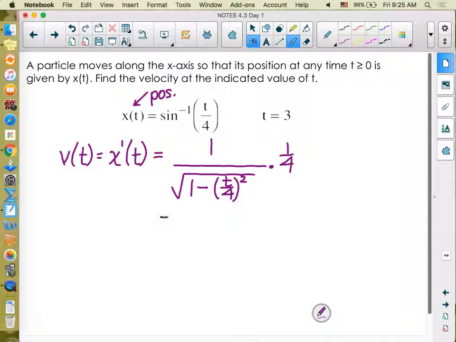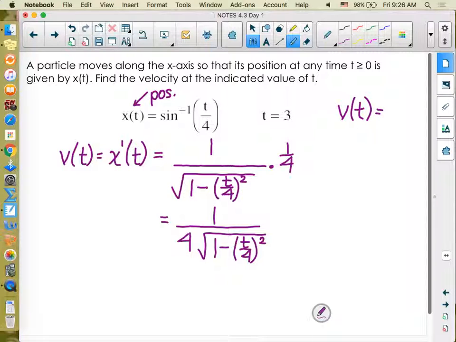So I don't need to clean this up too much in the sense that I'm just going to use it to evaluate the velocity at a position in time. So I don't need this cleaned up too much, but that 4 really belongs in the denominator. So there's our velocity function. And we're interested in the velocity at a time of 3. So our velocity at 3